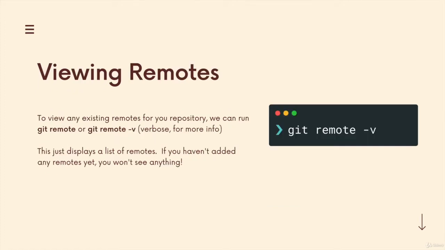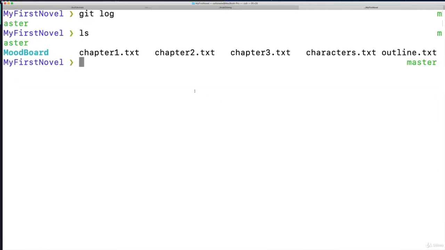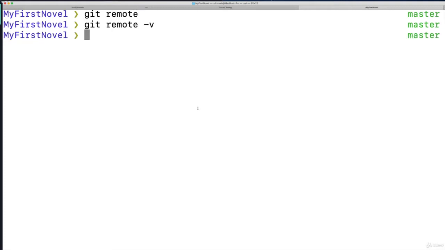So an easy place to start is with this command, git remote or git remote -v. They won't do anything except list the current remotes that you have in a repository. In our repository, we have not configured any remotes. At this point, we haven't done anything with remotes. If I type git remote or git remote -v, I'm in my first novel, The Great Gatsby repo,